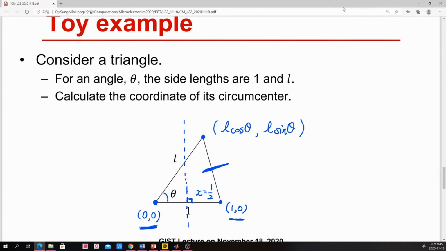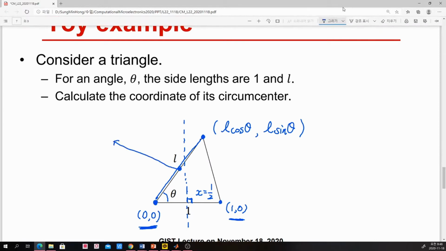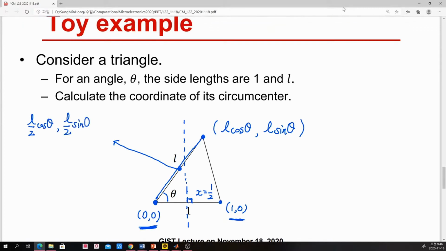So you can easily understand that this will be easier than the other one, so I will work with this one. Then the midpoint here will be just half L cosine theta and half L sine theta. So we want to build a line which crosses this midpoint, and its